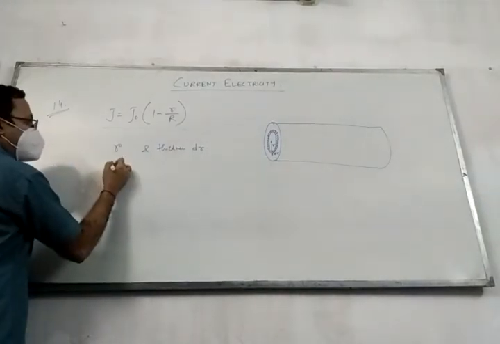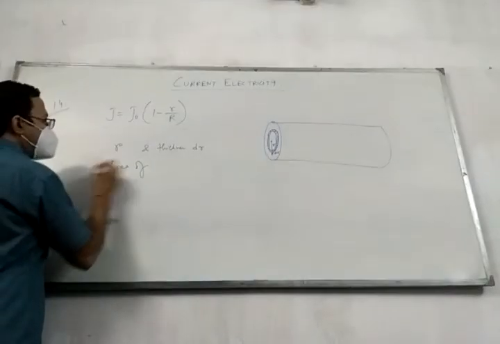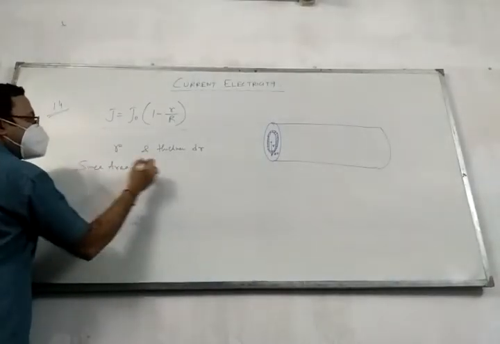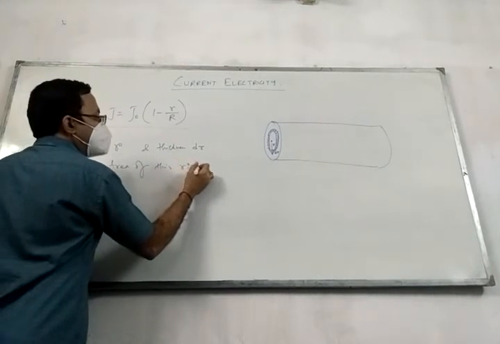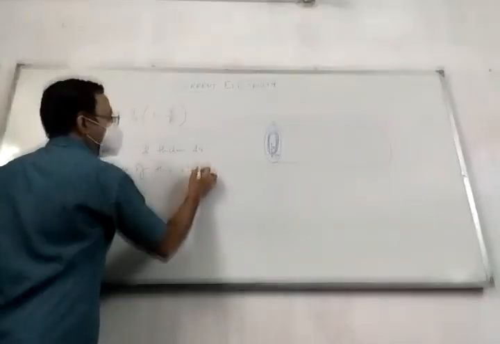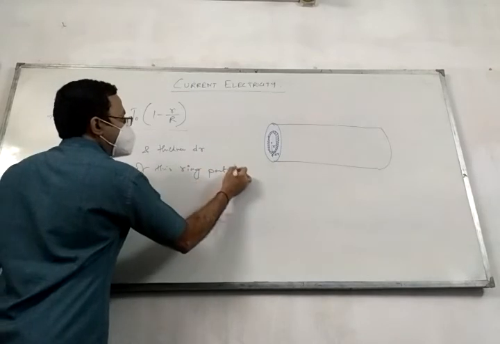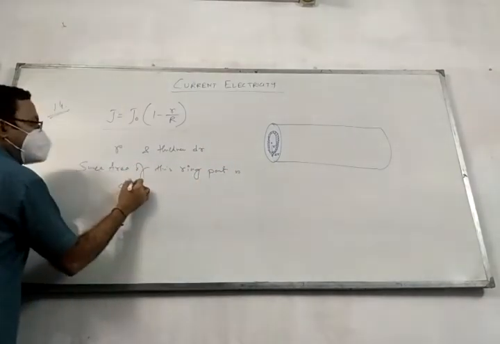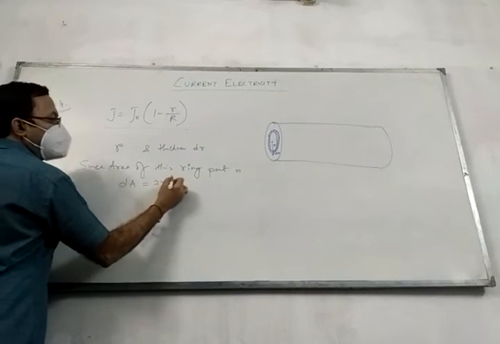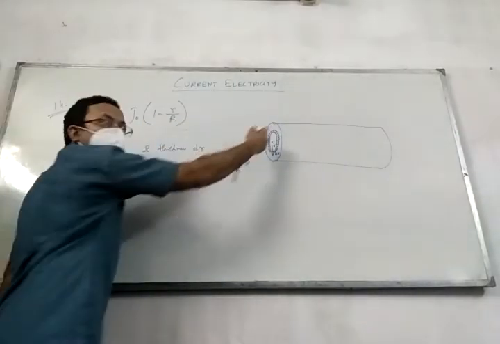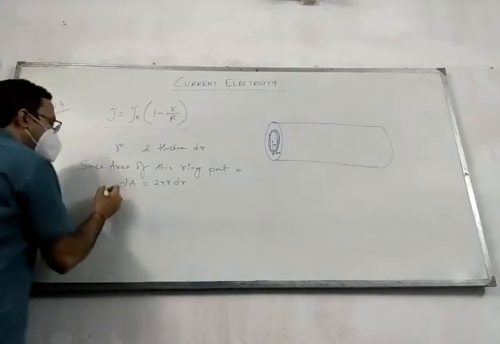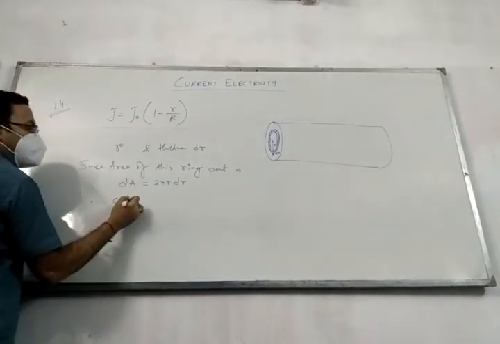Therefore, the surface area of this ring part is dA equal to 2 pi r dr. You remember this? 2 pi r is the circumferential length, into thickness gives you the area of that shaded region. Therefore, current through the elemental part